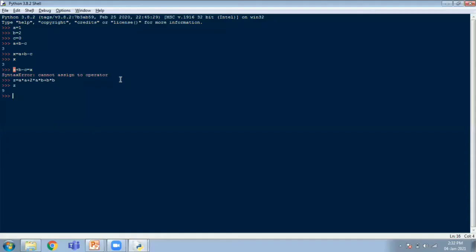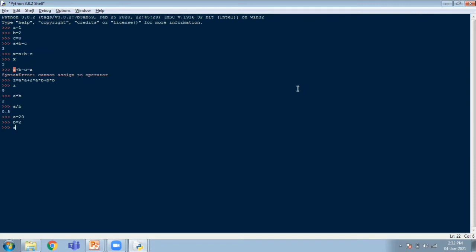In Python, A, B and C are already assigned. So let me give A by B, right? A by B, that is 1 by 2, is given as 0.5, right? So let me assign some other number. A is equal to 20 and B is equal to 2, right? So now let me give division again.